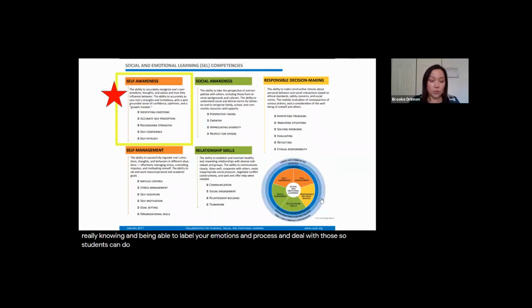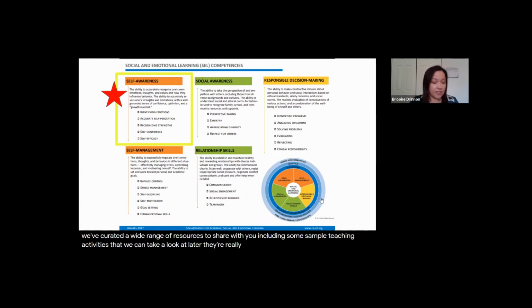You can help your students do things like correctly label their own emotions, recognize that their emotions have an effect on their behavior, and identify those strengths and interests that they have, and also build on those and help them to express confidence. So today we've curated a wide range of resources to share with you, including some sample teaching activities that we can take a look at later.